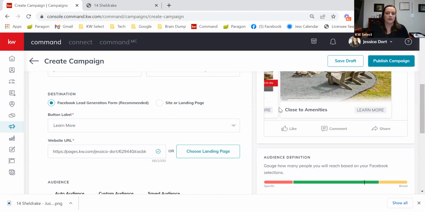Facebook and their phone typically already know this information and will autofill it in. And so it makes it much more work for them to backspace all of the real info and put fake info in there. So it increases the likelihood that you're going to get leads where the contact information is actually accurate, which is nice. And they can't see the details until you get their information as a lead. So if you choose site or landing page, and both do work, I mean, there's arguments for using the lead generation form because you'll always get the lead no matter what,